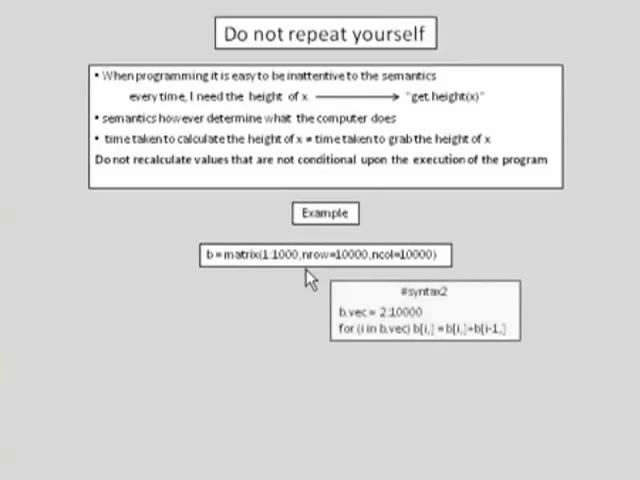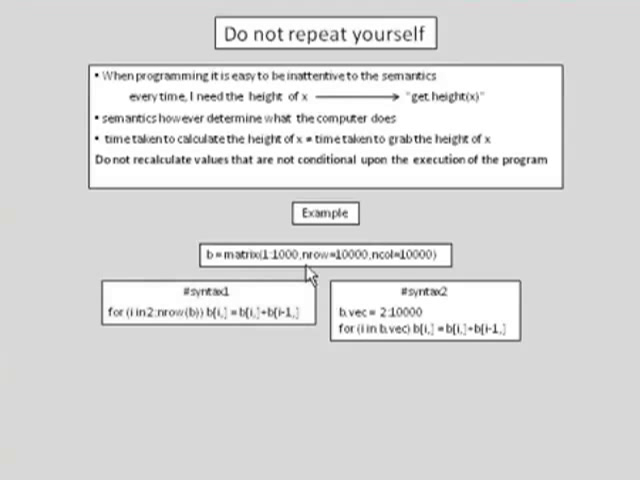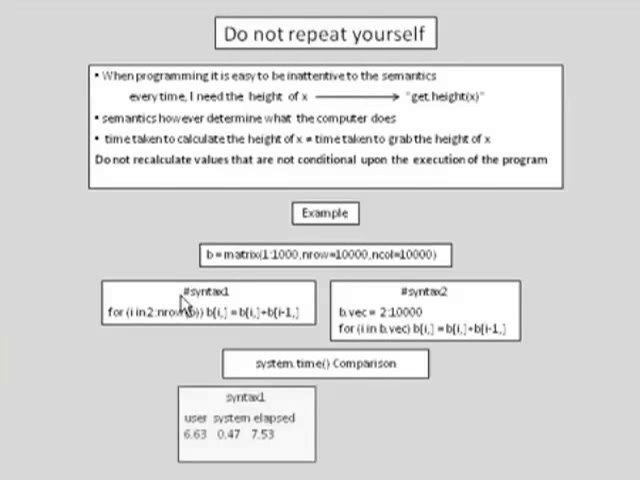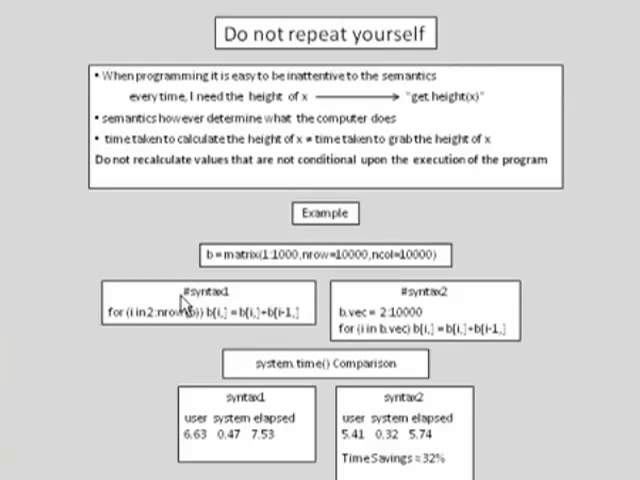So I have two syntaxes here, syntax 2 and syntax 1. Now if you notice, syntax 1 grabs nrow, the number of rows, each time for the iteration, while syntax 2 just grabs b.vec, which is the number of iterations of the program. And by the way, I just use system.time to compare all of the syntax, and it's a very useful function, very interesting. I highly recommend you check it out in R. So syntax 1 took 7.53 seconds, and syntax 2 took 5.74 seconds, for a time savings of about 32%, which